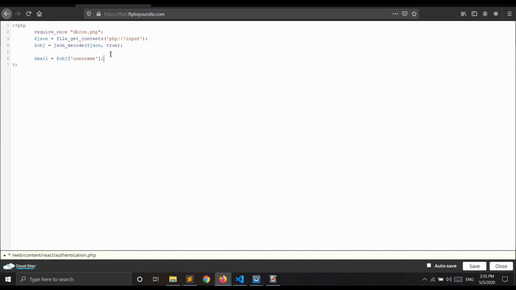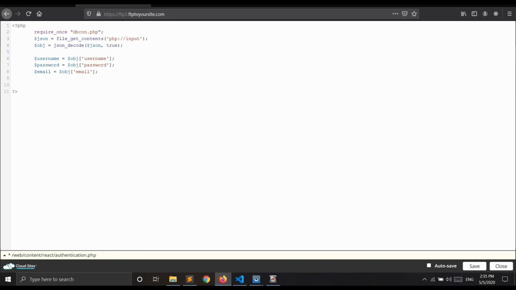Username, I'll copy this. Password, cool.